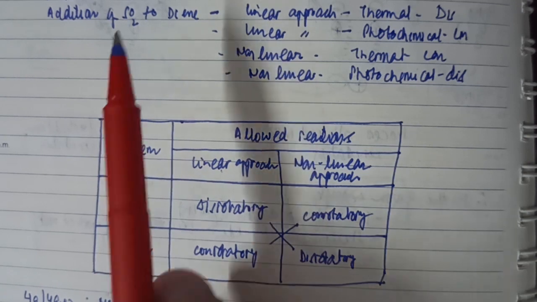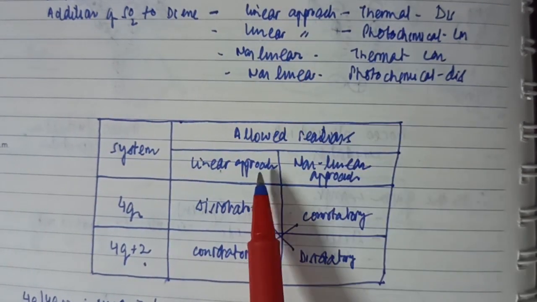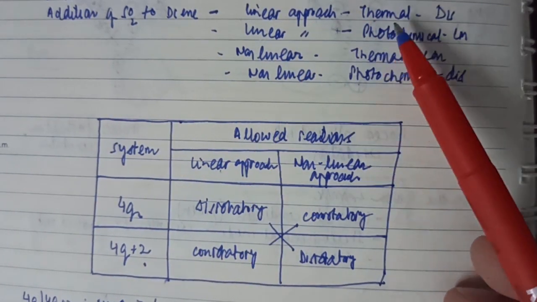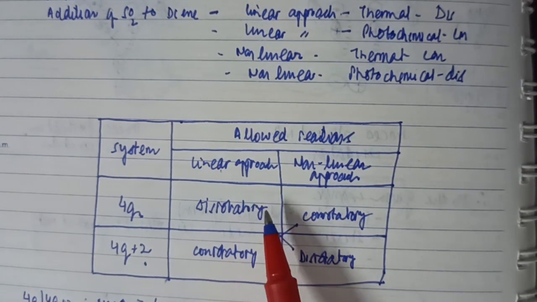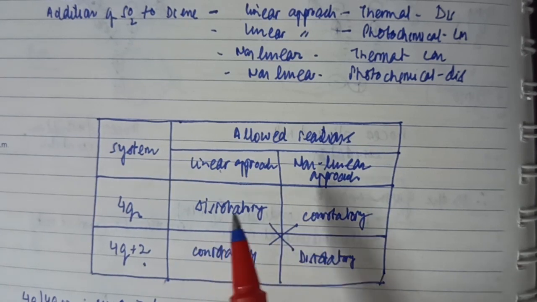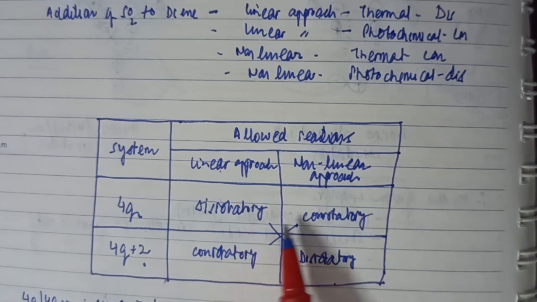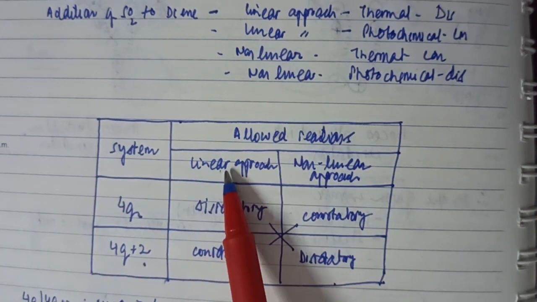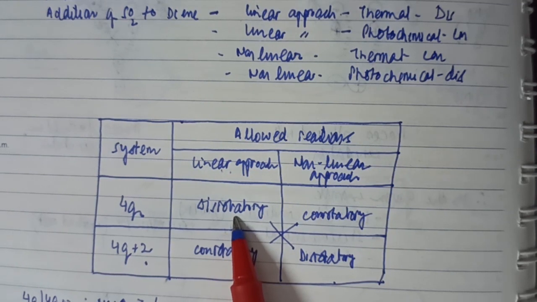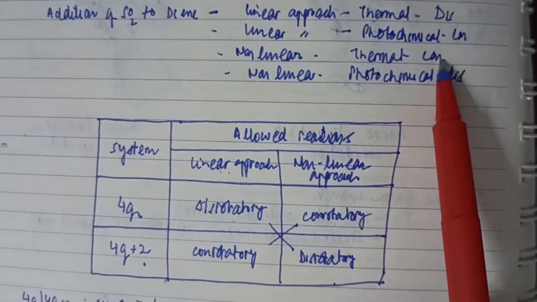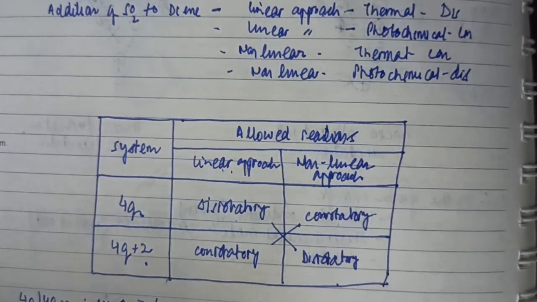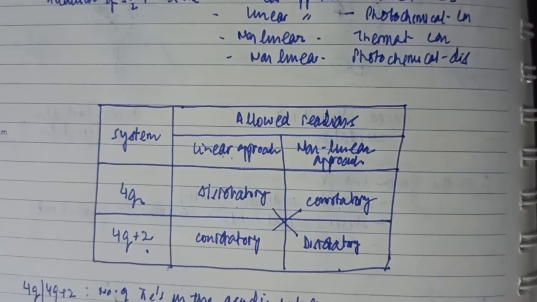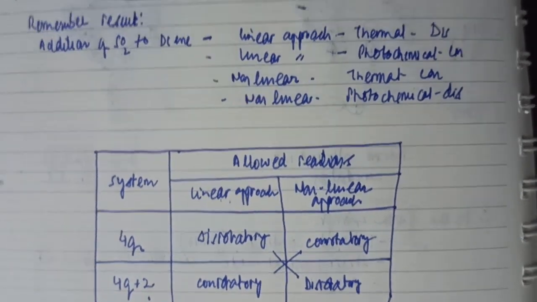Diene is this one. Under linear approach, allowed under thermal conditions or photochemical conditions, let's say under thermal condition, this process is allowed with disrotation. And again, as you remember, how do we used to draw the selection table? Diagonally it was similar and adjacent it was different. Similarly, you can say that this condition under linear approach is allowed with disrotation, and conrotation is allowed under thermal conditions with non-linear approach. So we can create a selection table for this sigmatropic reaction also from the formulas that we have, from the results that we have in the reactions.